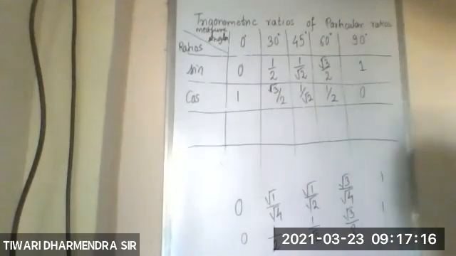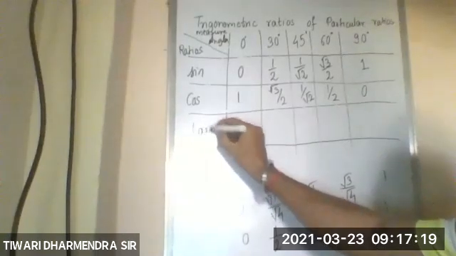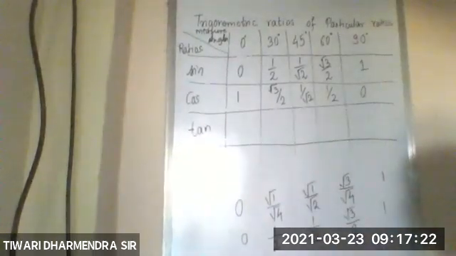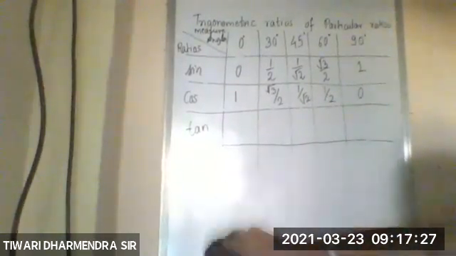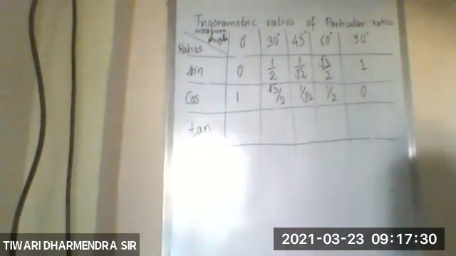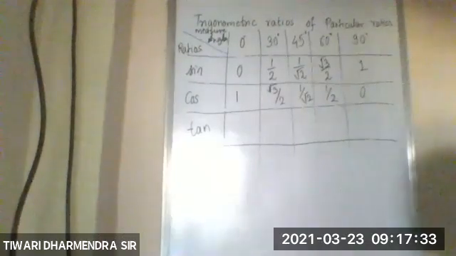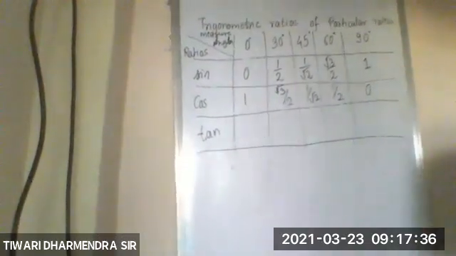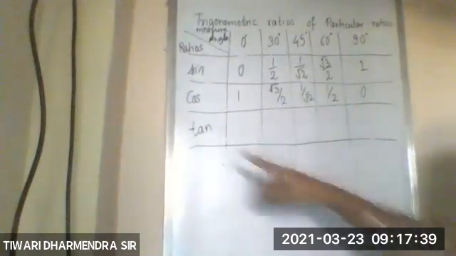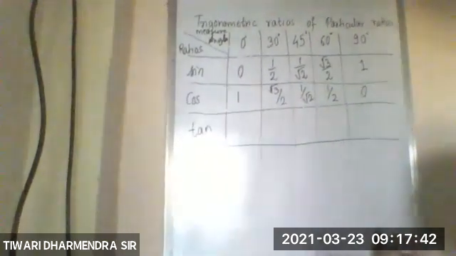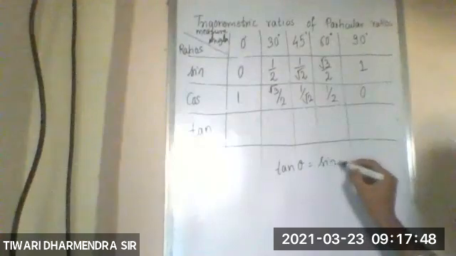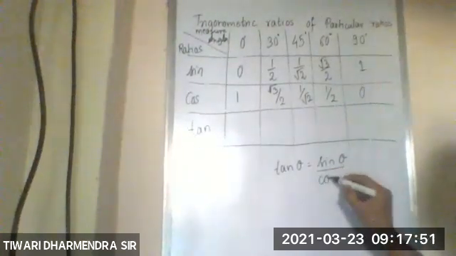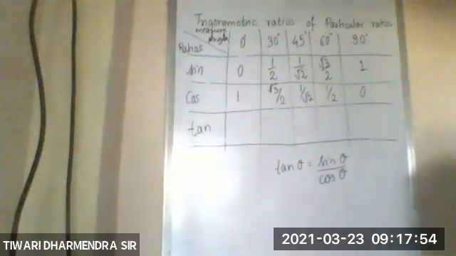Now what about tan theta? As we have seen the relation, which relation? I will show here. I've asked you to do the homework for this, but it's okay. If you can't see it properly, hope this is clearly visible. Yeah, I've written tan here. Tangent, we know that tan theta is equal to sine theta upon cos theta. This is the relation that we have written. So now just need to get the values of this.